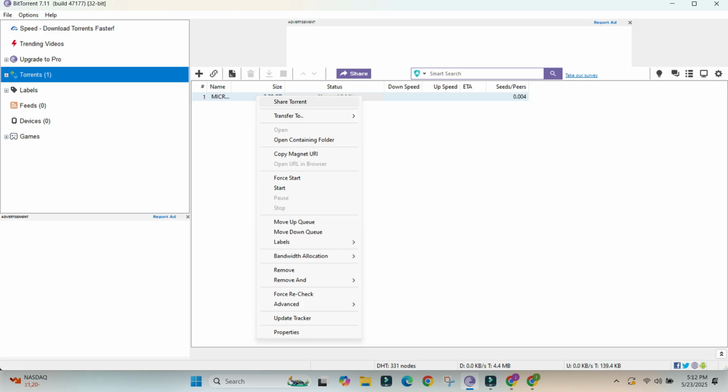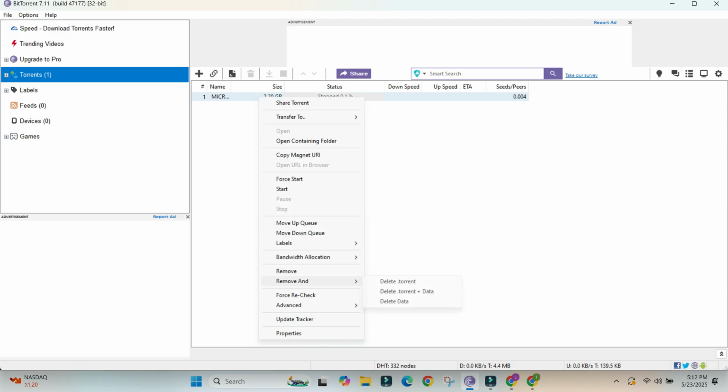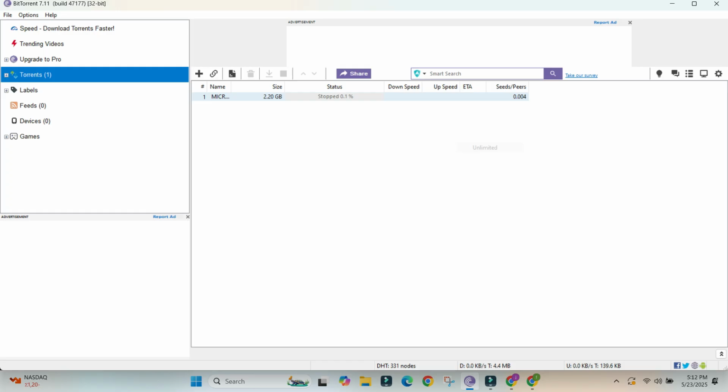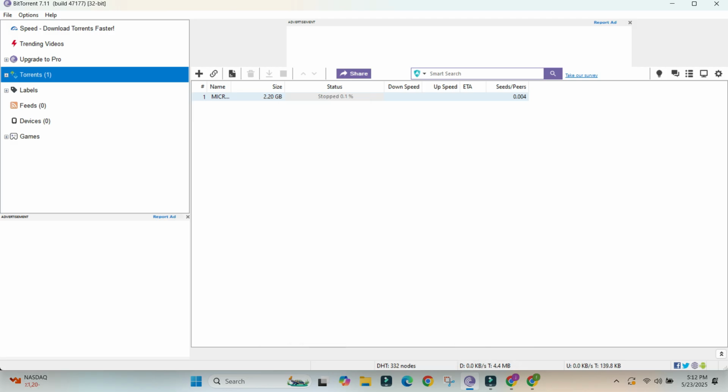Everything is OK. Now the last setting, we have to change it to high to get maximum speed, and then from here, bandwidth allocation. You have to go to download, which is unlimited, and then for upload you again have to specify up to 5, 10 or 15 kbps. You may stay under the 50 range. So this is also done.